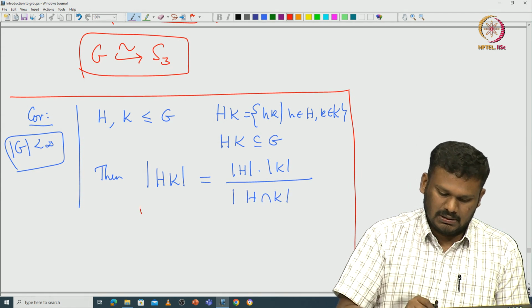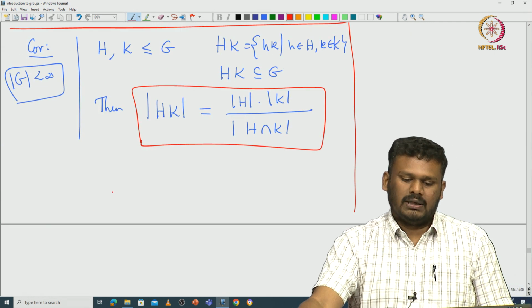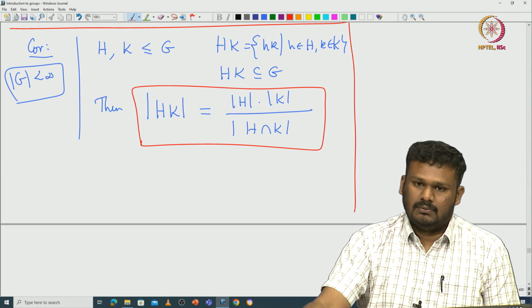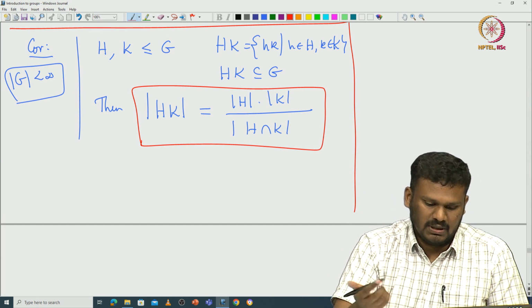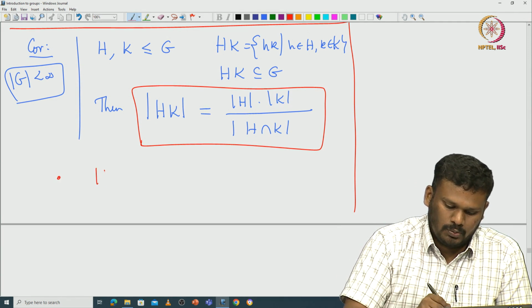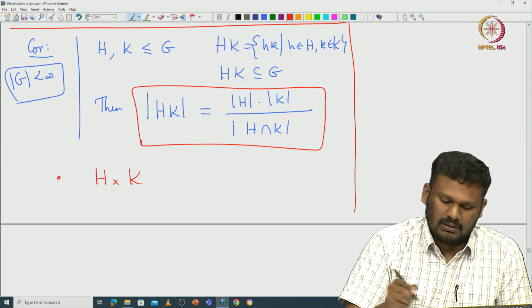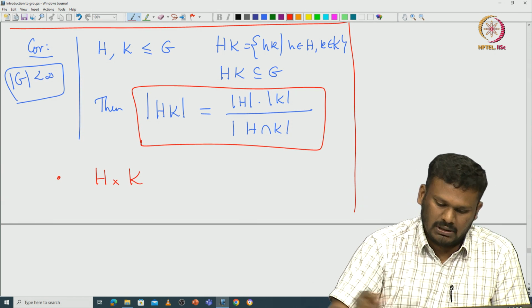So, this is such a nice result about the cardinality. This is something you can get again from group action. By appropriately choosing some groups and sets, you can prove this. So, let us take, what is the group? The group you take to be the direct product of H and K. So, this is just a direct product, this is your group.